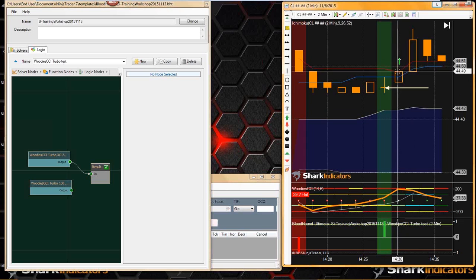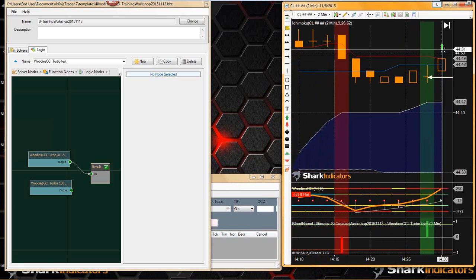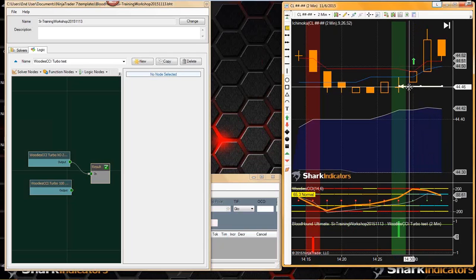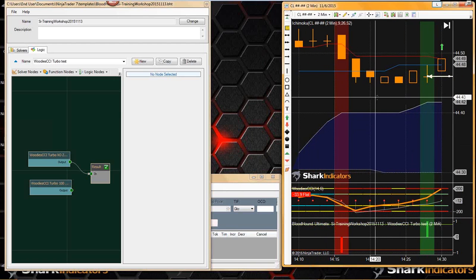If you're only allowing 1 bar to go by and price has to move up 2 ticks, then we could do that. But if you're allowing more than 1 bar to go by, then you would need some kind of an indicator that holds on to the price of the bar where you get your buy signal. So to do something like that,